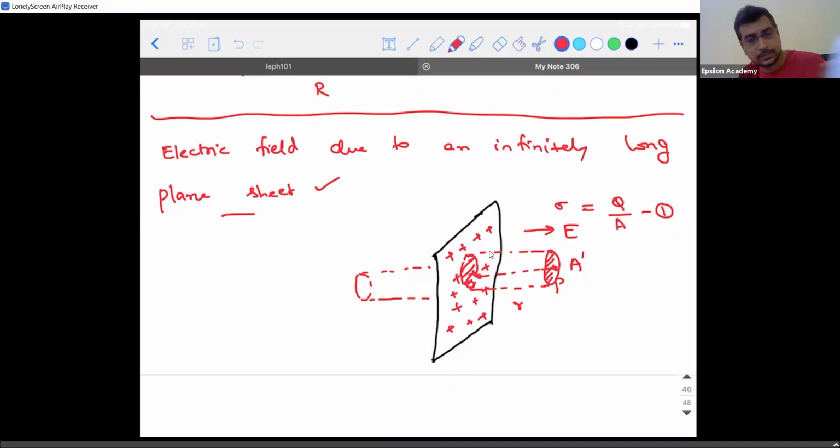What I am asking is, you have charges over the surface. The total charge on this surface is capital Q. The total area of this surface is capital A. So initially I wrote sigma is equal to capital Q divided by capital A. So if I take the cylinder, let's say I created a small hole. In this space where the cross section of the cylinder is, how much charge do you think will be present there? If I take the area of this cross section as A dash, how much charge will be present in this area? A dash itself. It will be sigma into A dash.